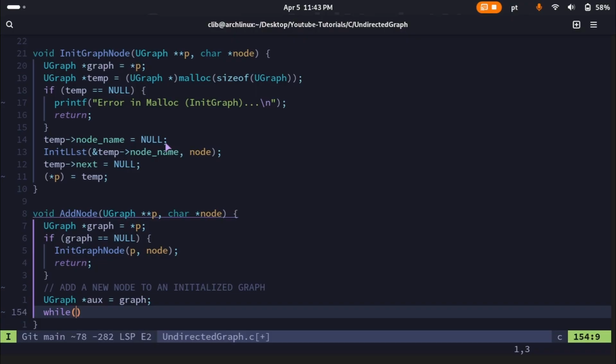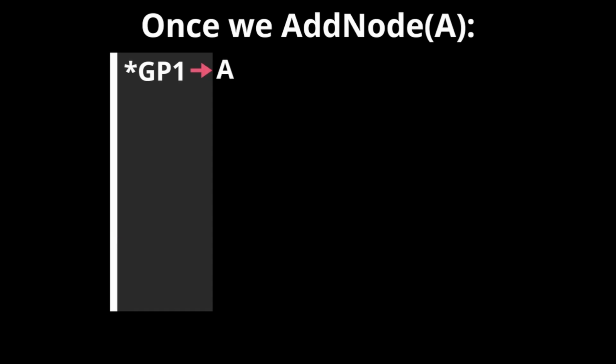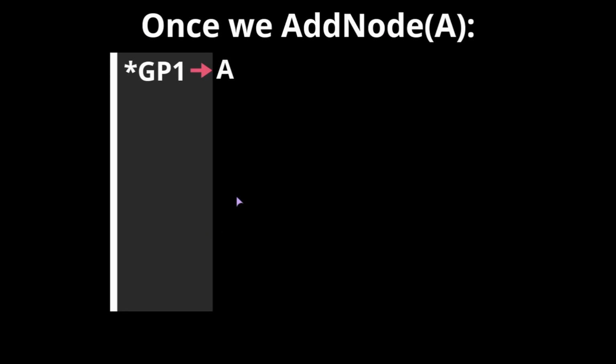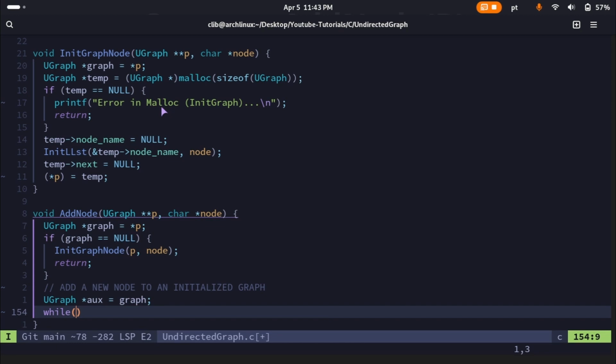As we only have one element here, we're just going to loop through one element, and we're going to add at the end of this one element. After we add B, for example, we're going to loop through A and add B at the end. So while aux next is different from null,